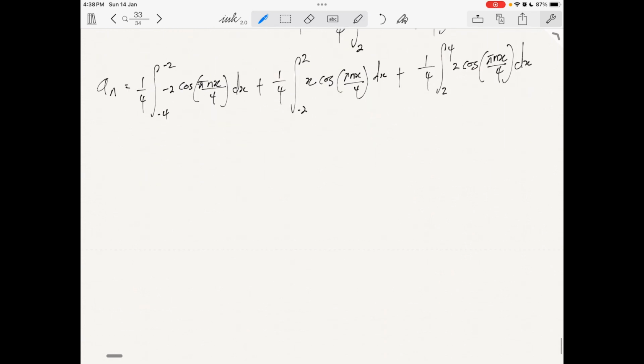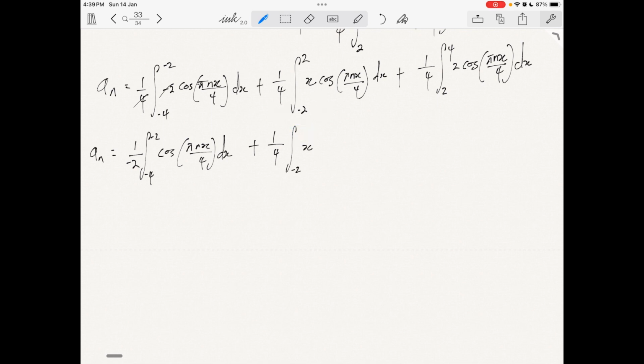So now, after I've done that, we can proceed and solve a_n appropriately. So -2 can cancel out 4 here, and we have that a_n is 1 over -2, from -4 to -2, cos(πnx/4) dx, and this will give us 1 over 4, -2 to 2,